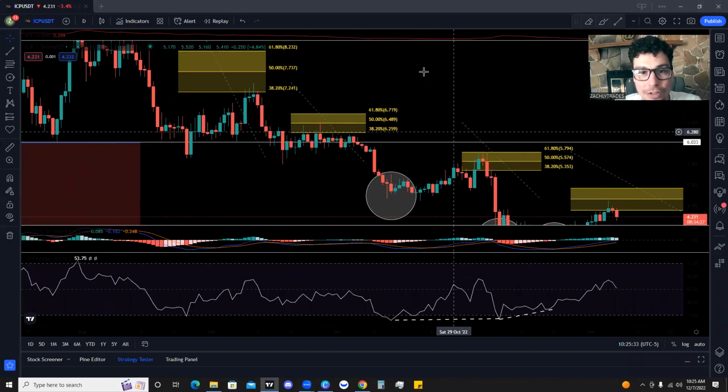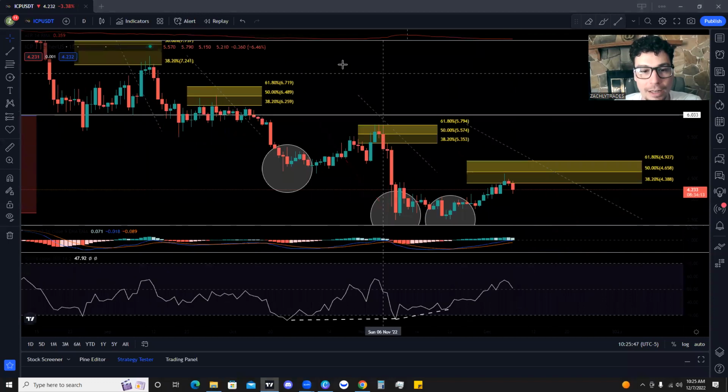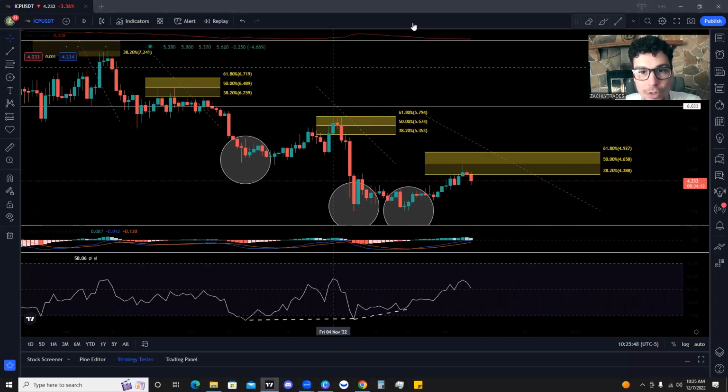And we see that it's just very valid. We have our swing high right here connected to our swing low. We come down, we get a rejection this time at our 50% retracement level, ultimately before continuing the downtrend. And again, we're just repeating the process. Now we're connecting this swing high down to this swing low down here. So we have this move down, we get a retracement to the upside,